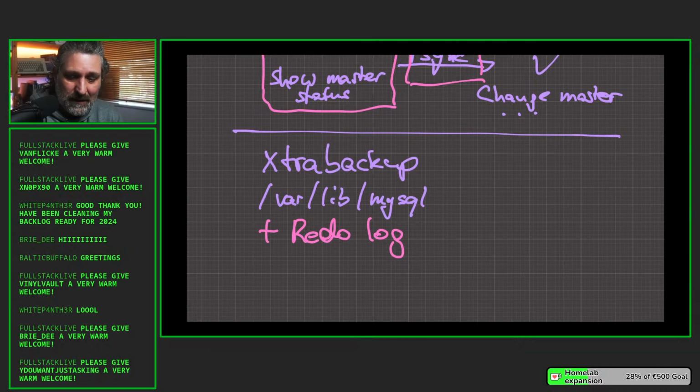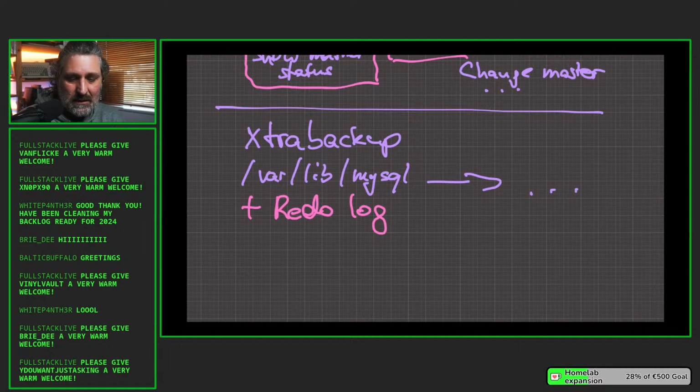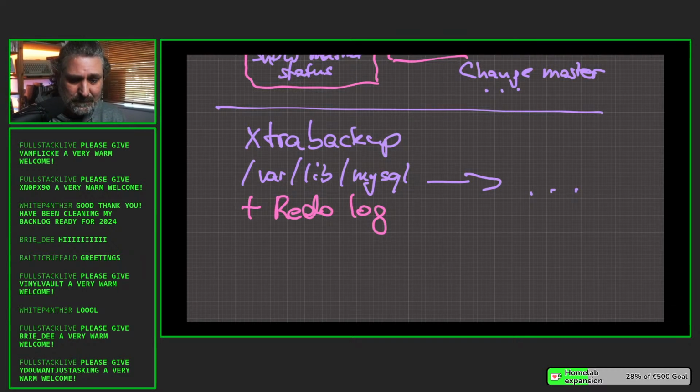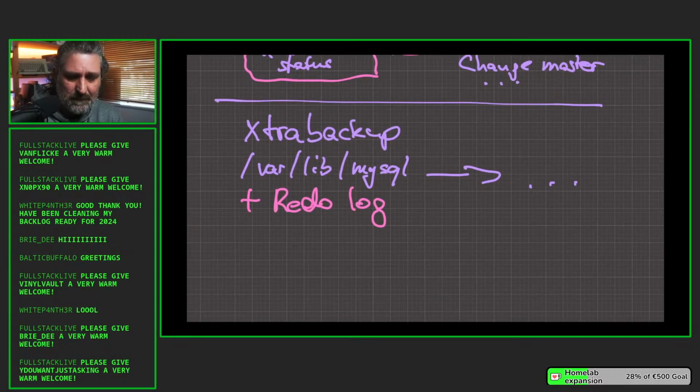So by copying this to the target host, we get more consistent information over here. This will still take maybe an hour. It took us an hour for copying a 350 gigabyte data set. It took about 60 to 70 minutes. So this will still take a long time, but